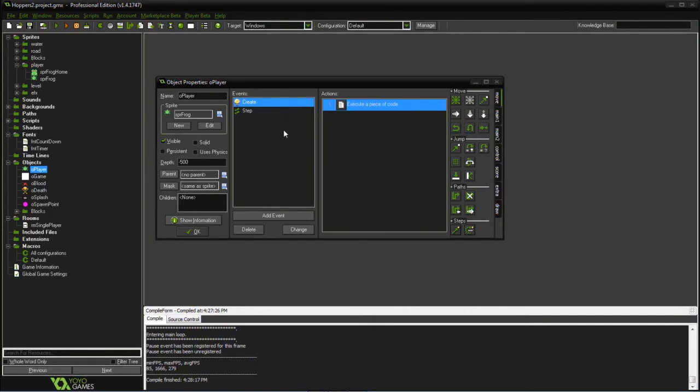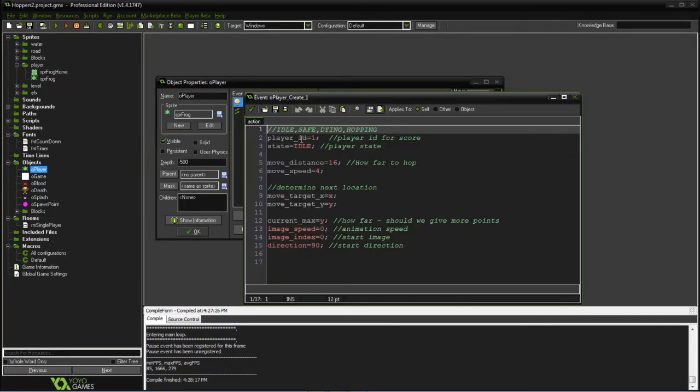Alright, so now we'll go through the player. In the create event, we have some different things. The player ID to identify them for their score. And we're going to set them to idle. That way they're not doing anything necessarily. Move distance will be 16, so that's the size of the squares,